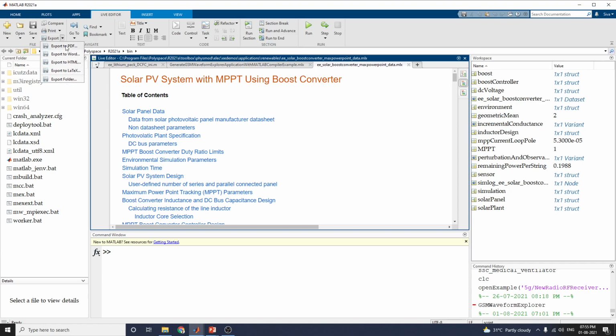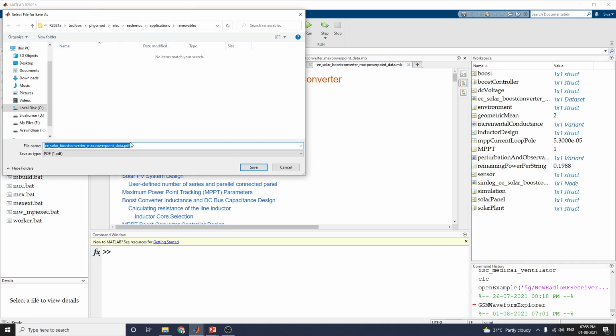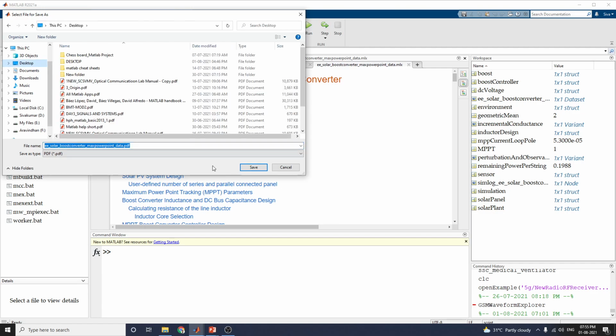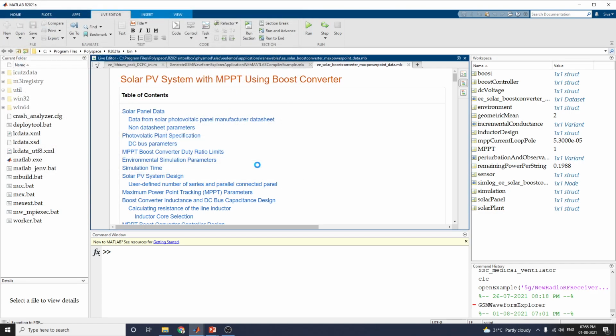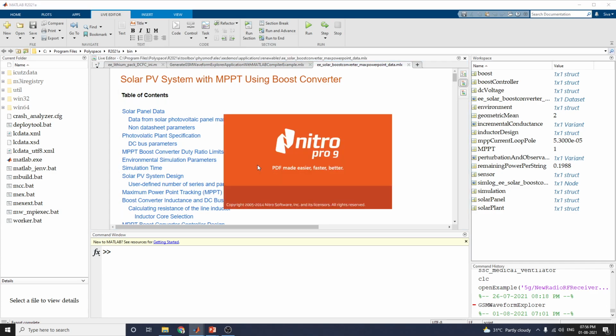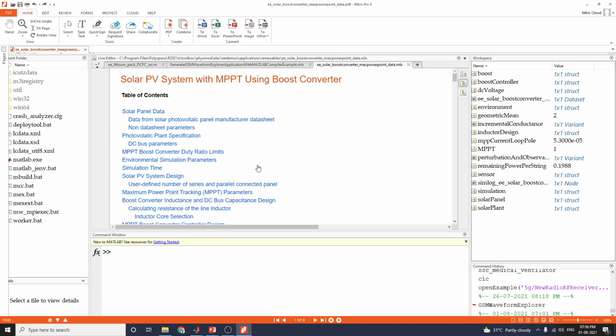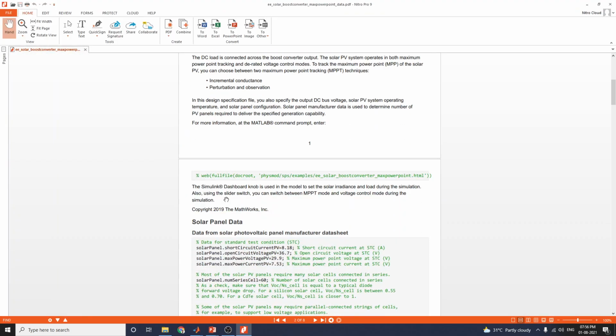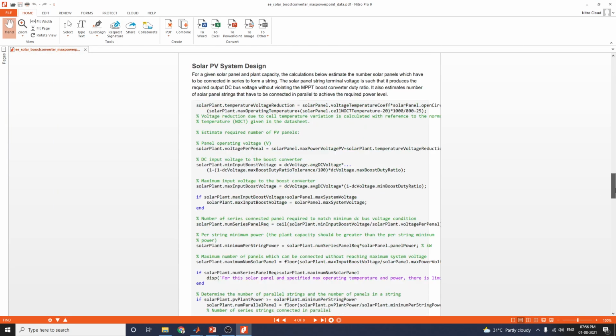For example, after Simulink, you can choose this one on the desktop. I also use this one, exporting to PDF. I'm getting the PDF file. In this manner we are getting the PDF file, because it is without running.